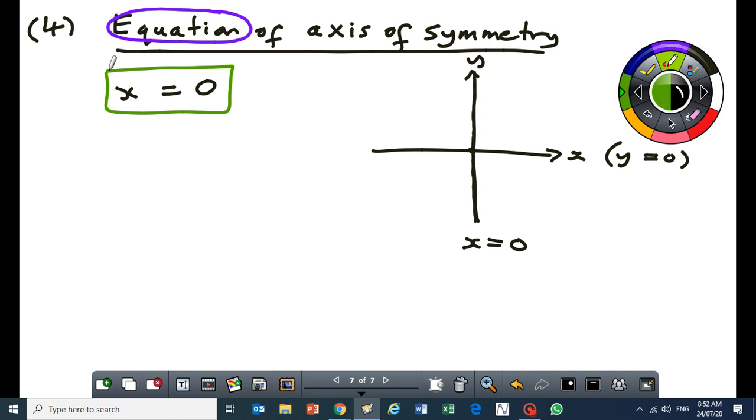So if you're asked to write down the equation of the axis of symmetry of a quadratic function, you don't write y-axis. No, you write x equal to 0. An equation must have an equal sign. So the equation of the axis of symmetry of the quadratic function is x equal to 0. All right, I think for today